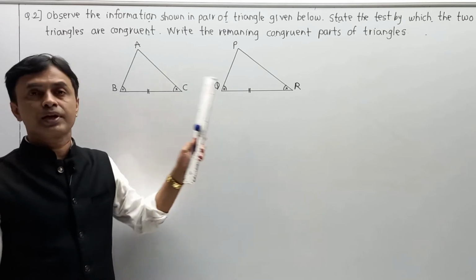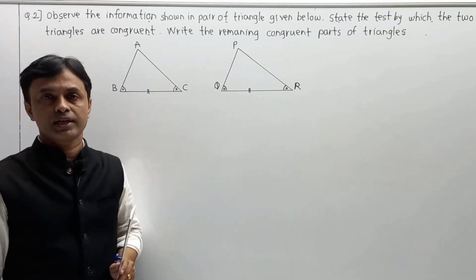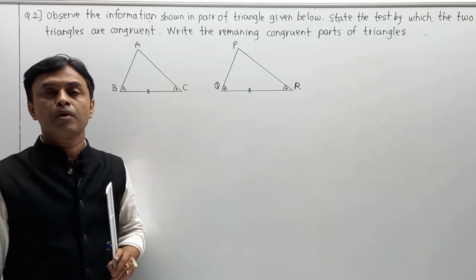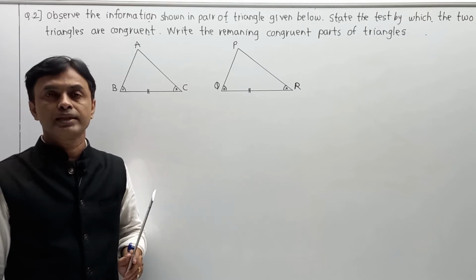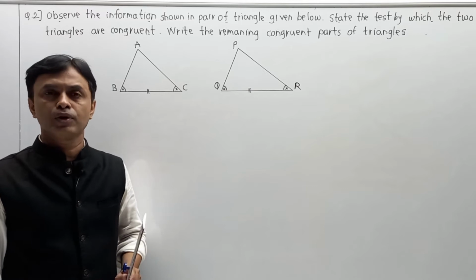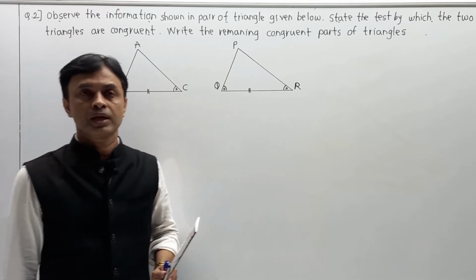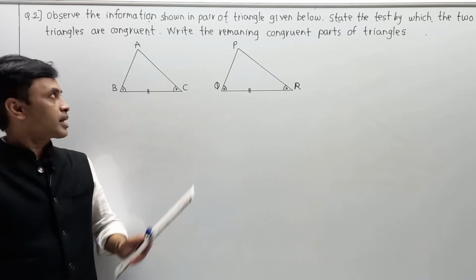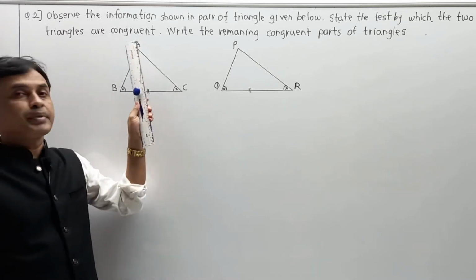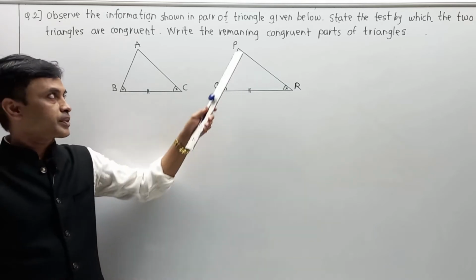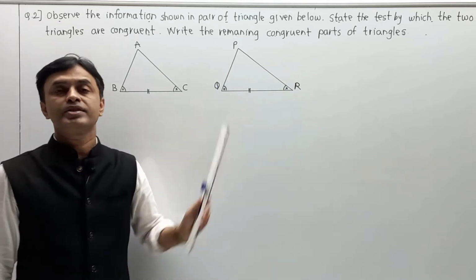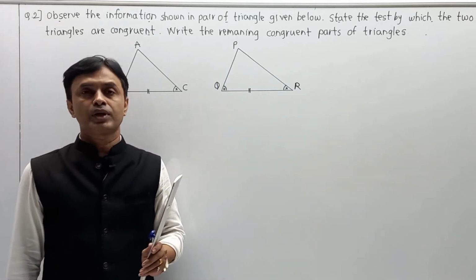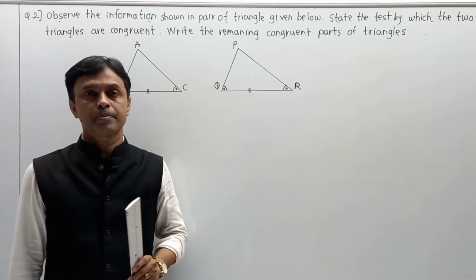Now remember, they have given a diagram in terms of a pair of triangles, and they have given the answer in the form of fill in the blanks. But I am not going to write in the form of fill in the blanks. We are actually going to solve by observing the question. First of all, they have given a triangle ABC with some specific marking, and triangle PQR again with some specific marking, and according to that we have to write the answer step by step.